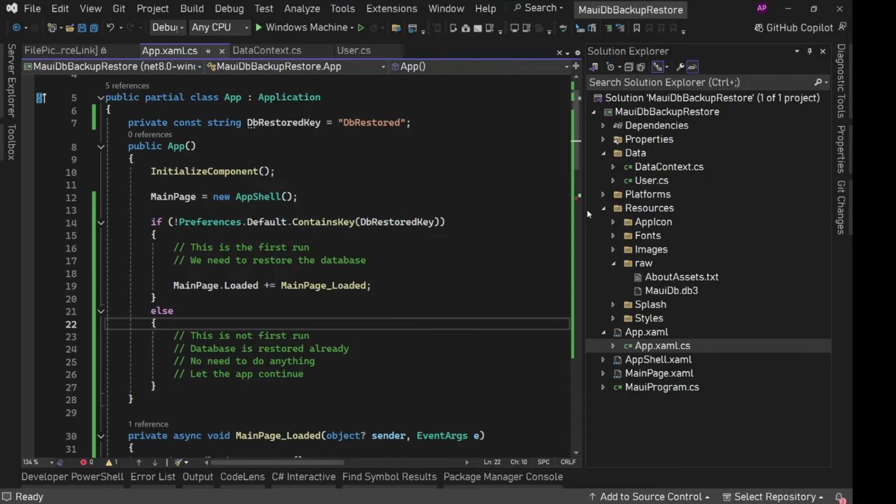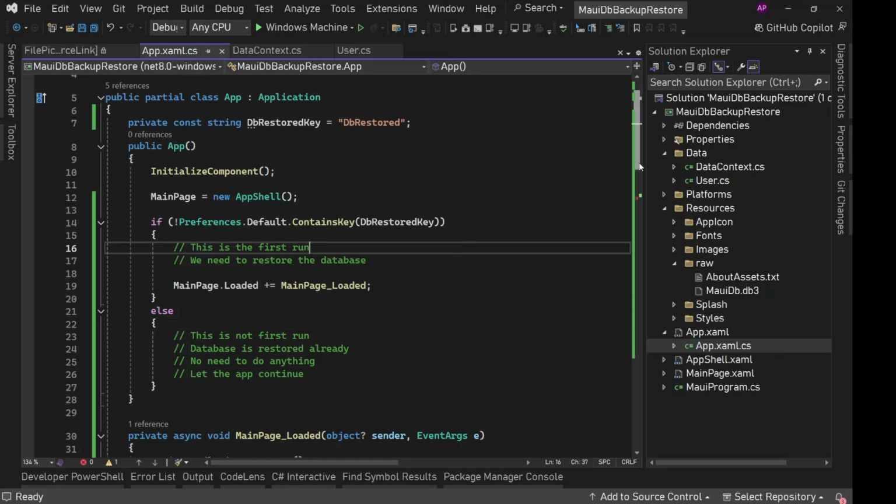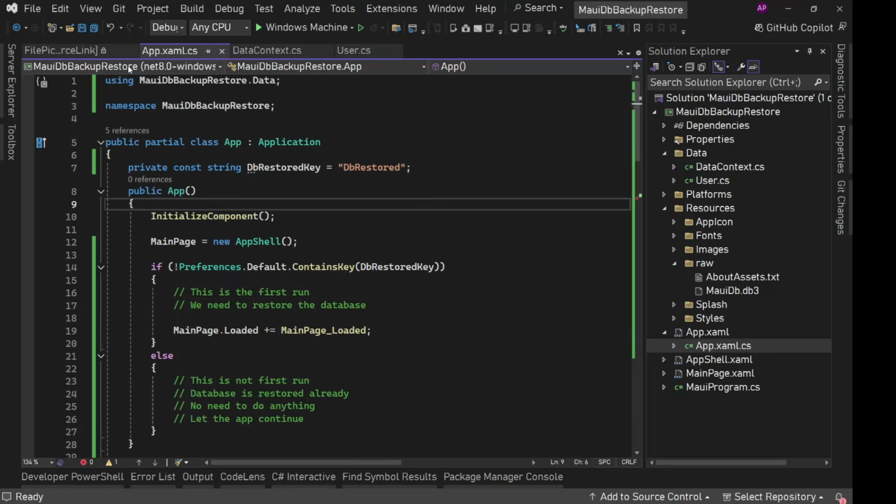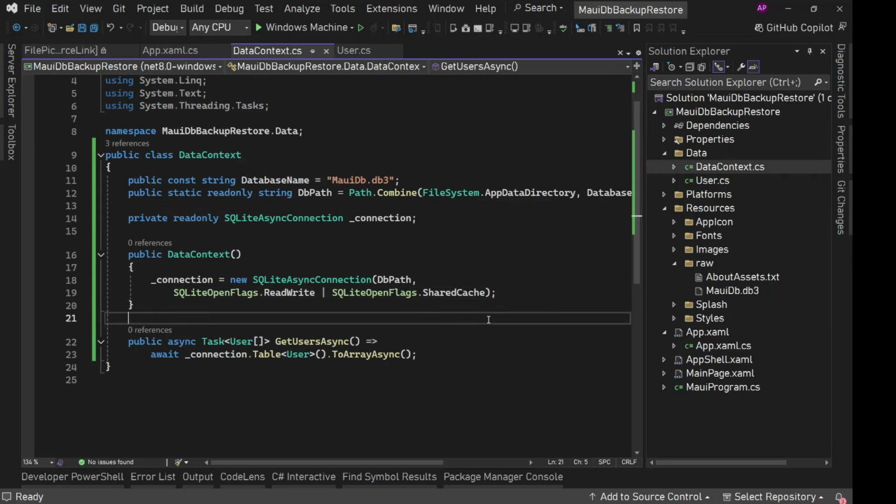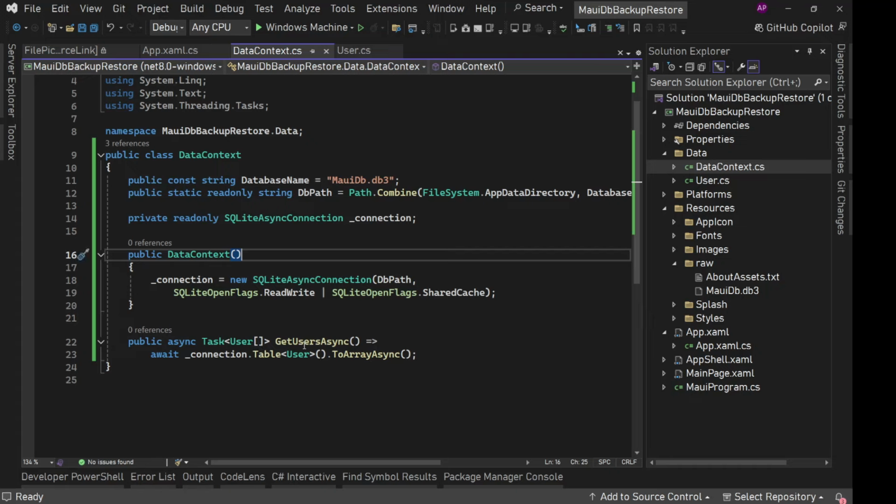Okay. Now how can we know that the database restore worked? We can see the file, but is it in workable condition? Is it the correct database? Can we access something from that? For that we have this data context where we have this GetUsersAsync method, right? So let's try to get the first user from here and let's try to display the username